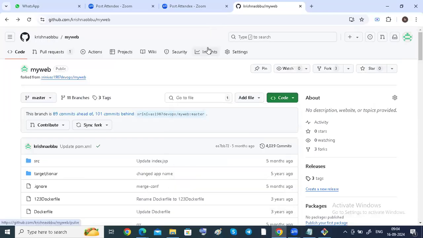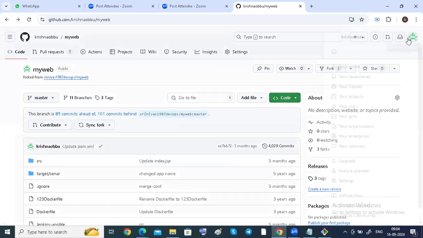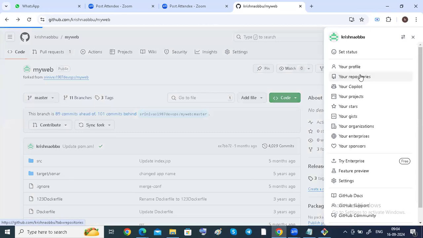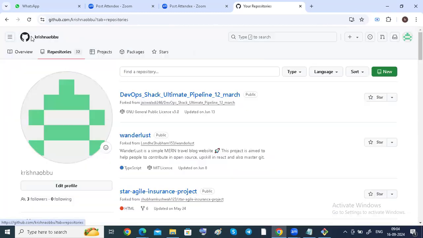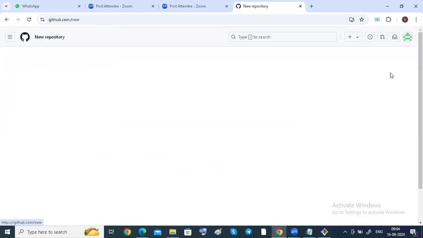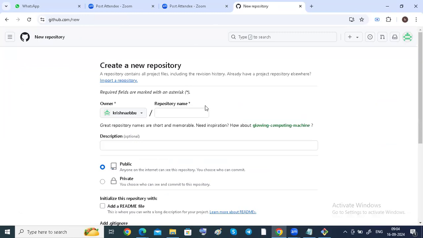See, if I want a new repository, guys, for example, repositories here. Okay, if you can see here, all the repositories are listed. If I want any new repository from the remote side, see, create a repository.